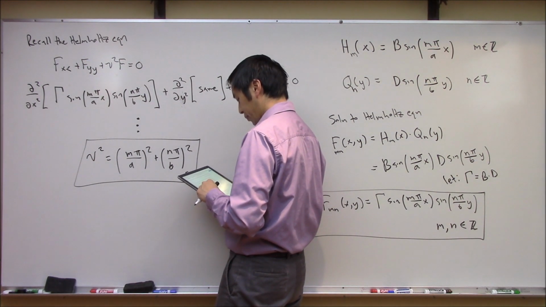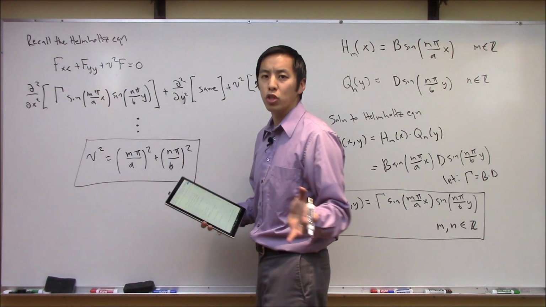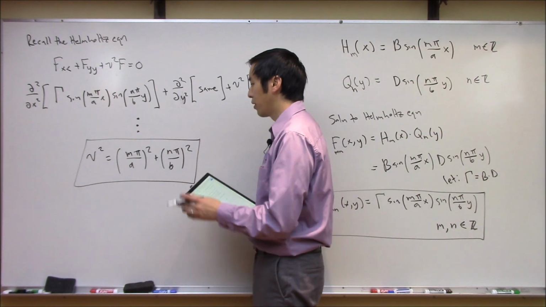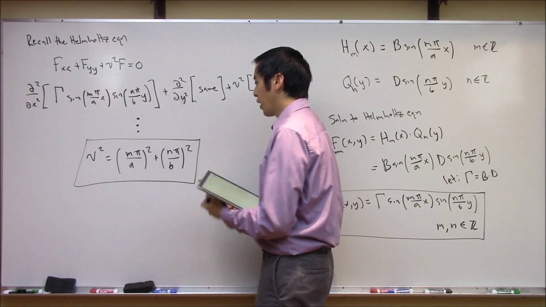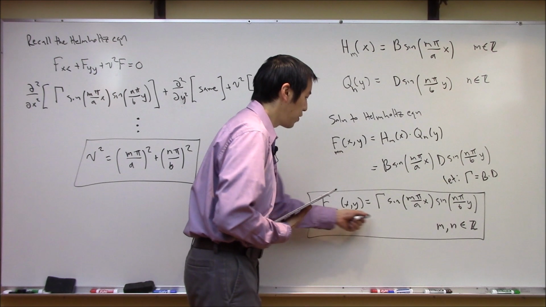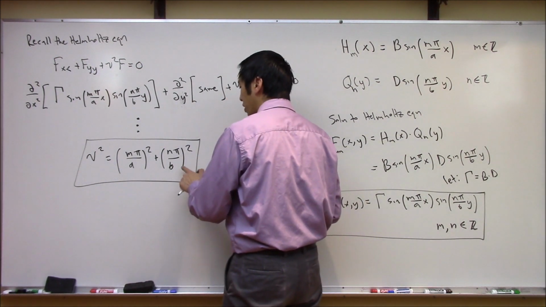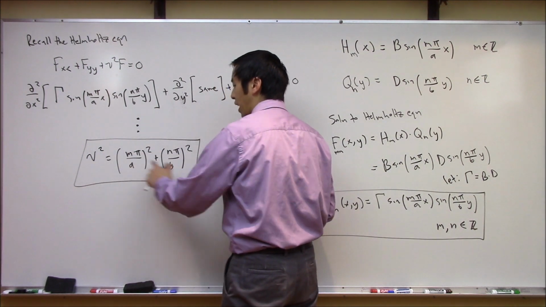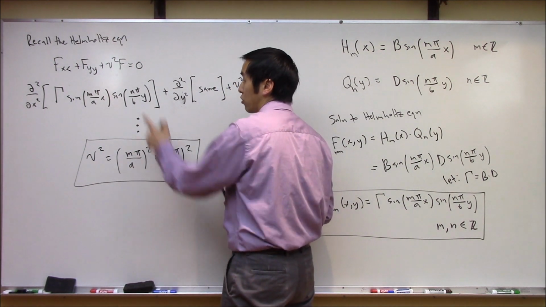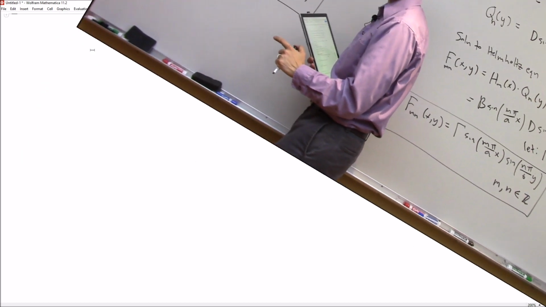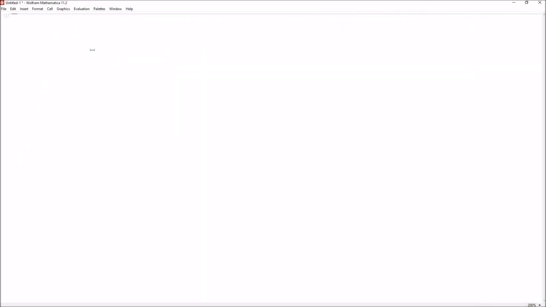And you know what? Maybe we should take a break and go to Mathematica just so we can verify two things. Let's verify that, A, this thing satisfies the Helmholtz equation, and furthermore, it only satisfies the Helmholtz equation if this is the actual value of nu here, right? So again, let's just go to Mathematica and plug this in and see what we get. All right, so let's go ahead and first